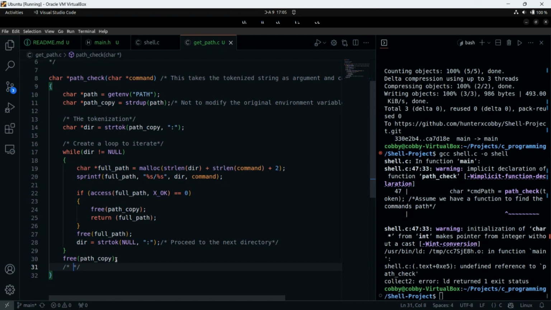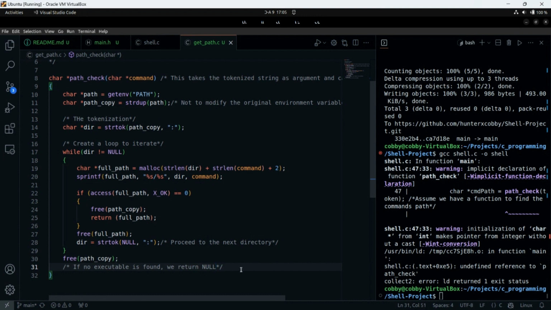And then basically, if no executable is found, we return what? Null.